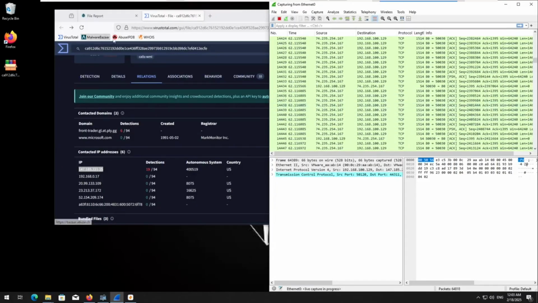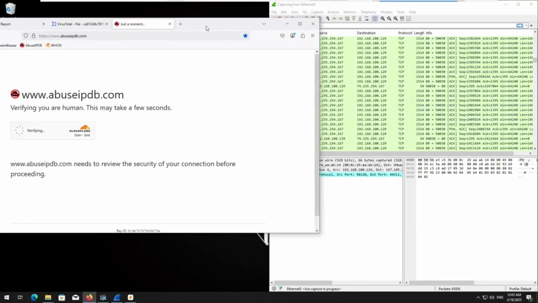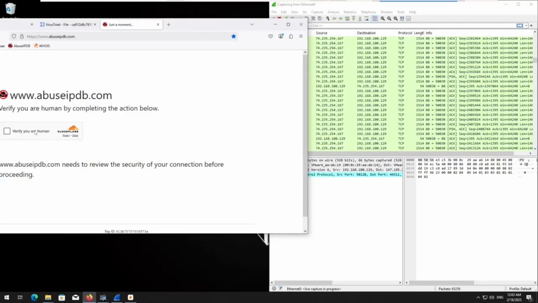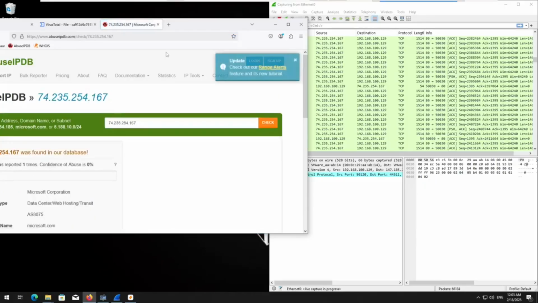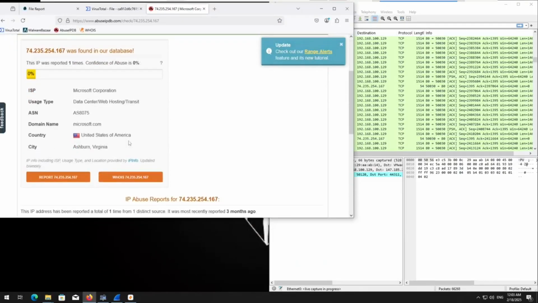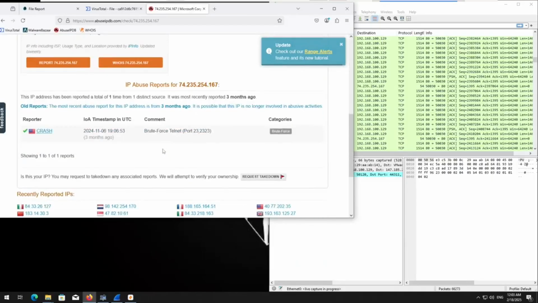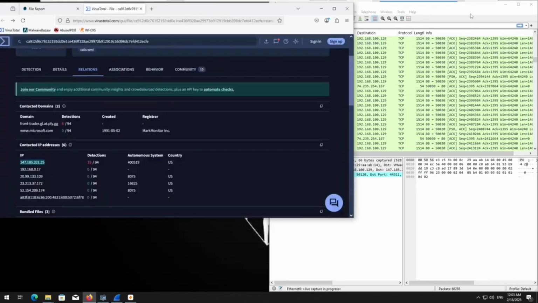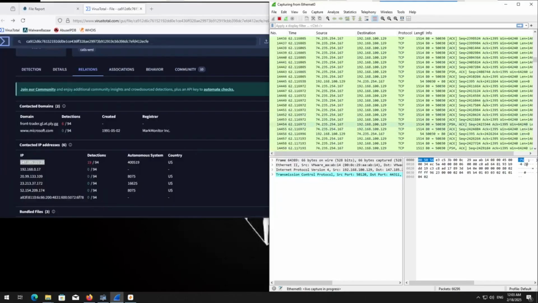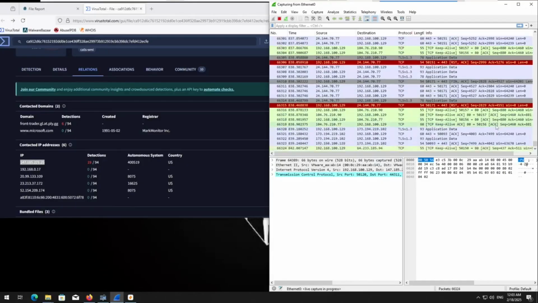I'll tell you what, we will go to AbuseIPDB really quick, just to take a look at it. If we go to 74.235.254.167 and check it, it was found in the database, but only one time. Oh, it's a Microsoft ISP. Okay. Brute force on Telnet. Well, that's one report. But since that's a Microsoft IP, it's probably trying to, like, access an update server or